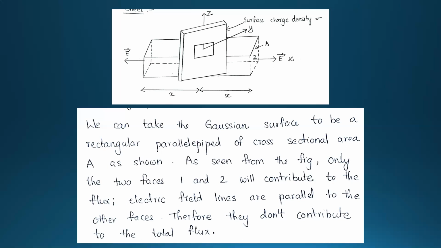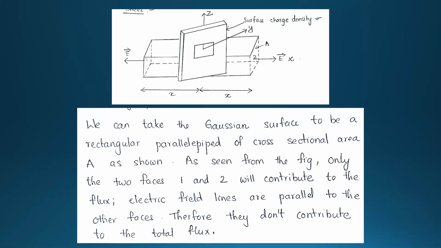Then the box has six surfaces. For the top surface, the normal will be upward. Therefore, the angle between the up arrow, that is the normal to the top surface, and the electric field is 90 degrees. Therefore, the top surface will not contribute to the flux. Similarly, for the bottom surface, the normal will be downwards. Therefore, the angle between the normal to the bottom surface and the electric field is 90 degrees, so that will also not contribute to the flux.